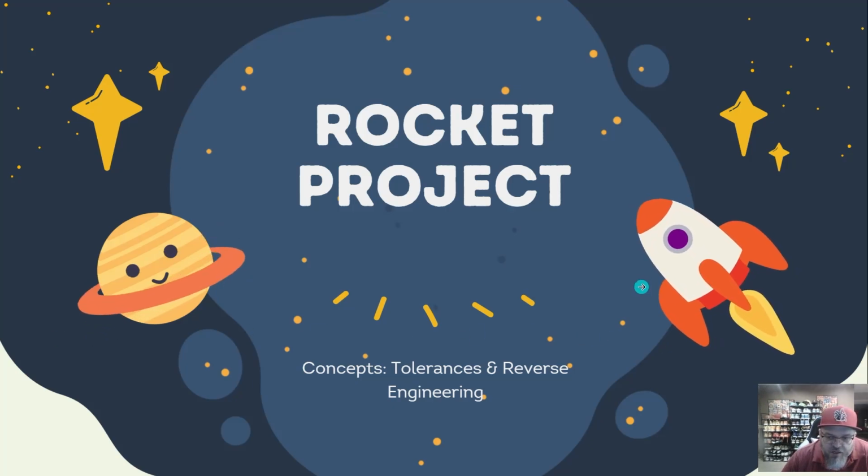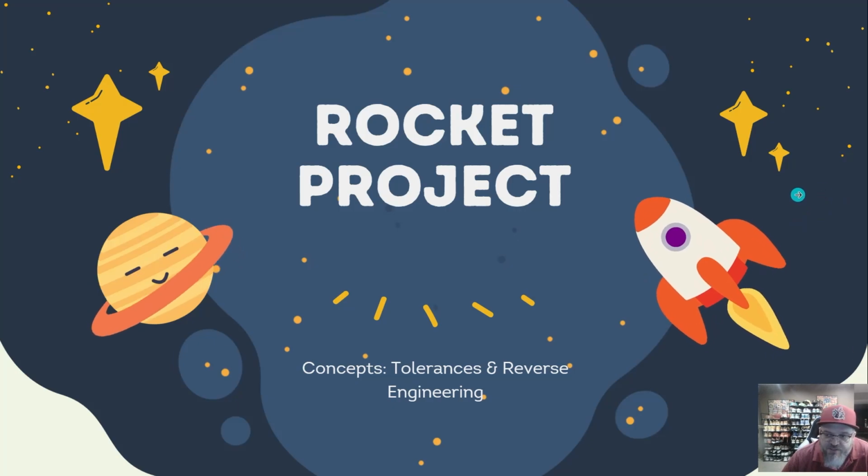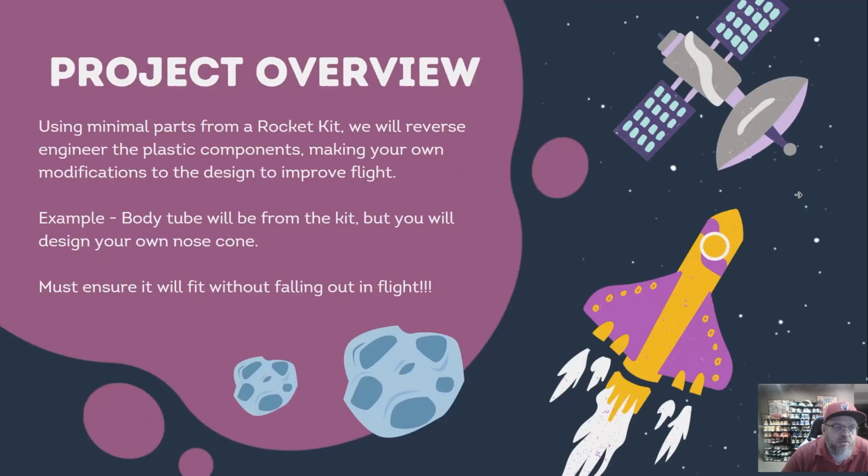The concepts we're going to be talking about along with our project are tolerances and reverse engineering. So, project overview. I've got some rocket kits. They've been on the shelf for a little while. We're going to use a few of the parts from each of the rocket kits, and we're going to reverse engineer the rest, the plastic components. You're going to make your own modifications to those designs to try to improve upon the overall flight of your rocket. So, for example, the body tube of the rocket will be from the kit, but you will design your